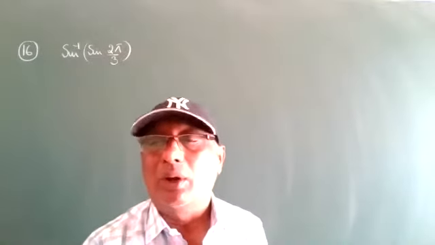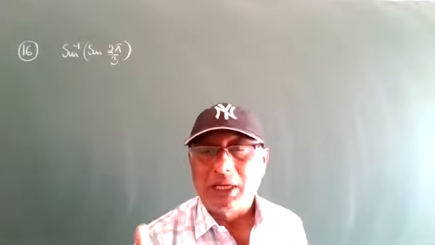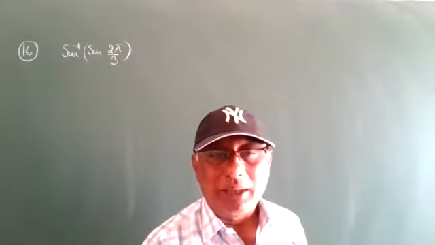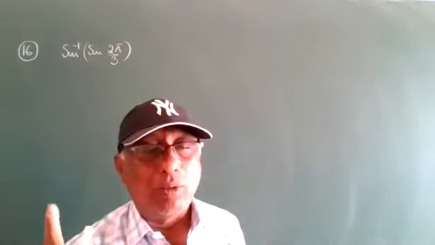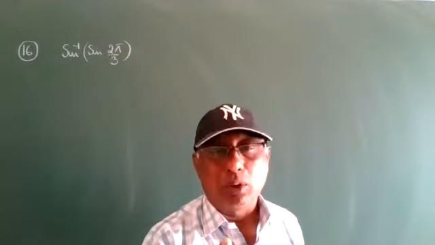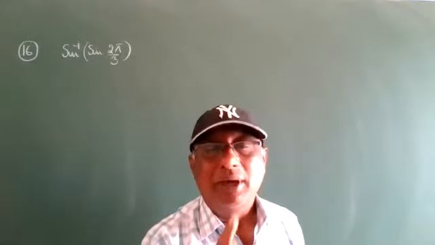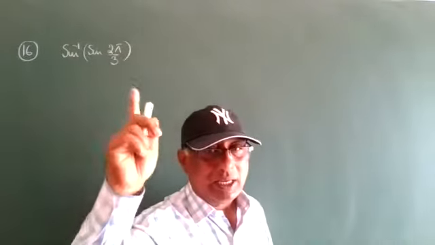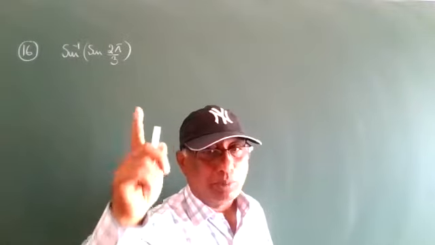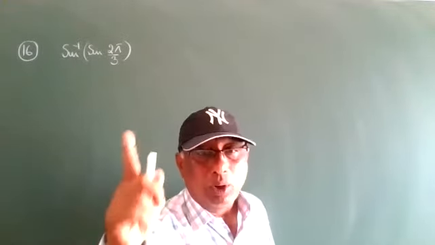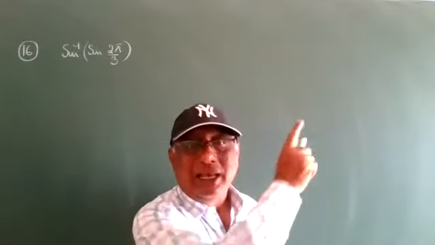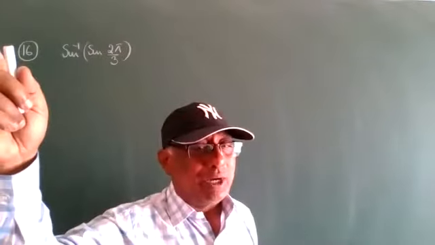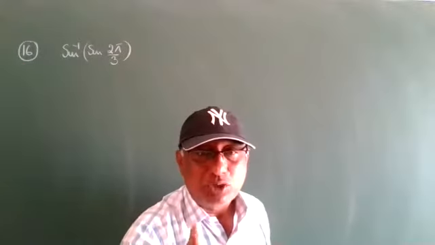Maruti, see the second video; yesterday we put it in the group. One element has one image, and range is equal to codomain in the sine range of minus 90 to plus 90. The point is, understand everyone, sine is both one-one and onto only in minus 90 to plus 90. Then only it is a bijective function. Every bijective function is an inverse function. That point should be remembered.